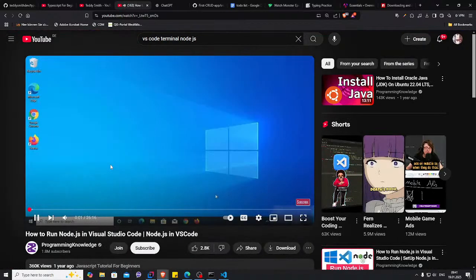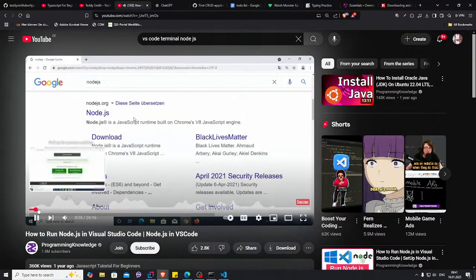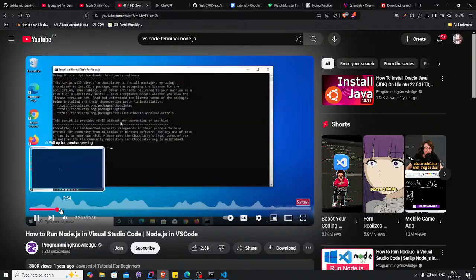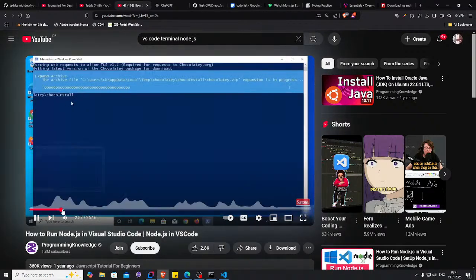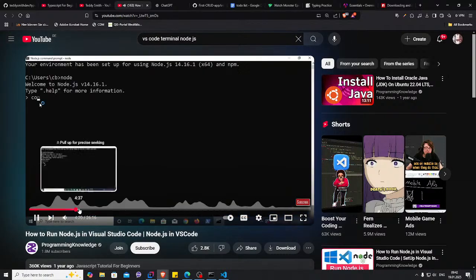So let's get started and see how we can download Node.js. Just open up the browser and search for Node.js, and the first link which is a very good utility, automatic installation. Use Chocolatey going to this command prompt. Let's say you just write